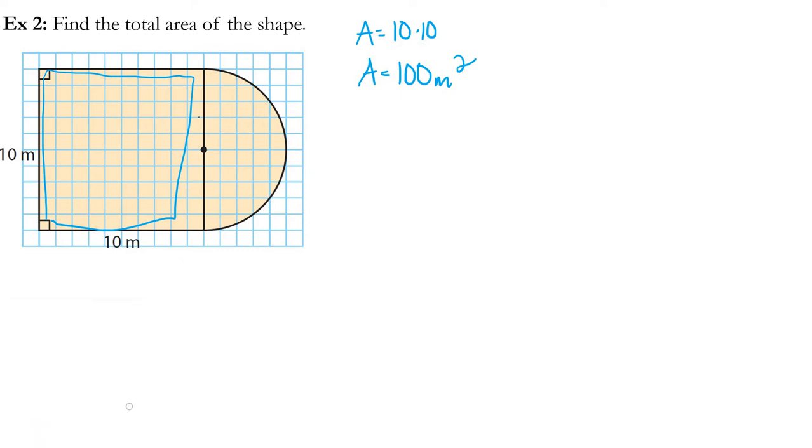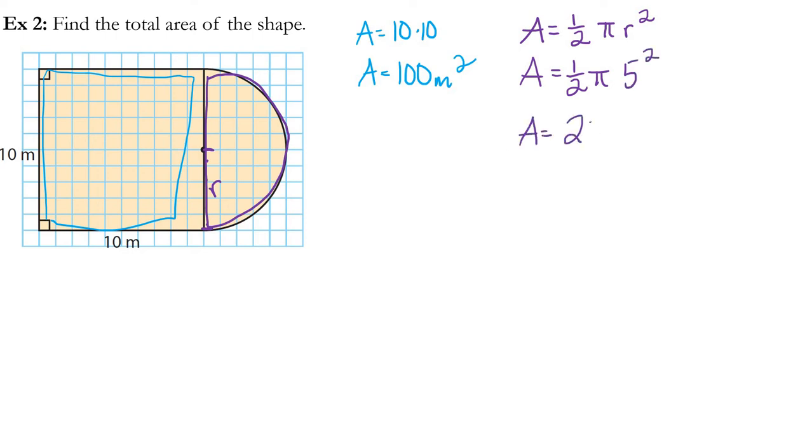Then our semicircle, or a half circle, is going to be the area formula for a circle divided by 2. So it's going to be half of our formula for a circle, and our formula for a circle is pi times the radius squared. So 1/2 times pi times our radius, which in this picture would be half of 10, because this is r, so it'd be 1, 2, 3, 4, 5. So 5 squared. 5 squared is 25. We're taking half of that times pi. So as a decimal, it'd be 12.5 pi, but we want to round it to 4